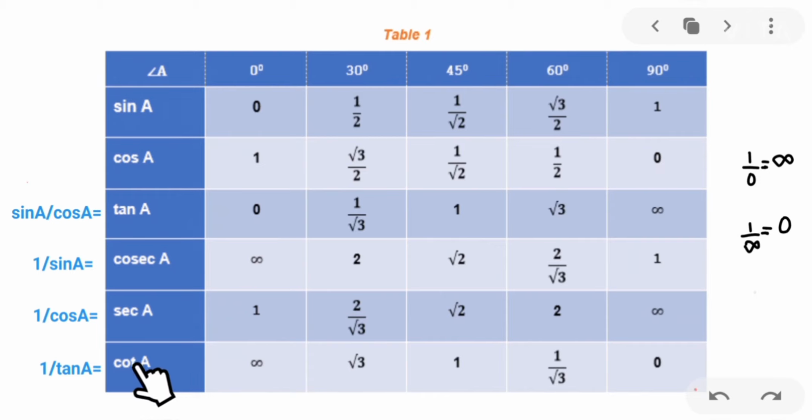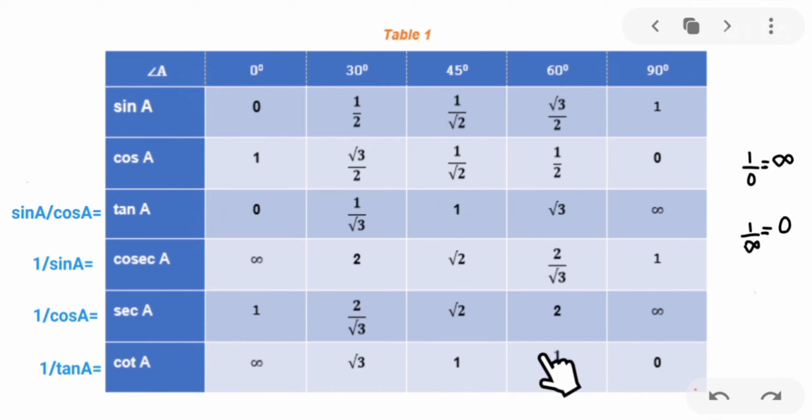Now let us see how to find out the cot value. So cot value is obtained by taking the reciprocal of tan value. So 1 by 0 is infinity. So cot 0 is infinity. Cot 30 is reciprocal of tan 30. 1 by root 3, it is root 3 by 1. That is root 3. And cot 45 is 1. So tan 45 is 1. Even the cot 45 is reciprocal of 1, which is 1.